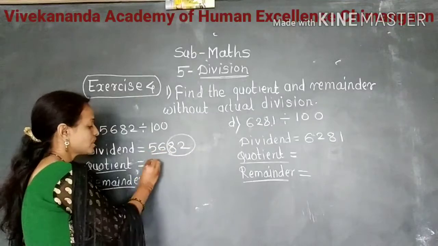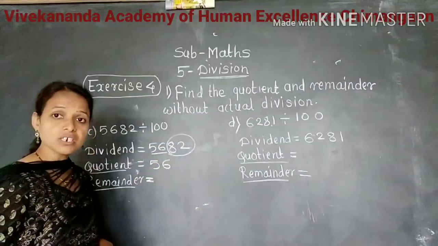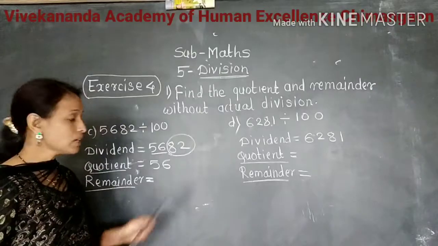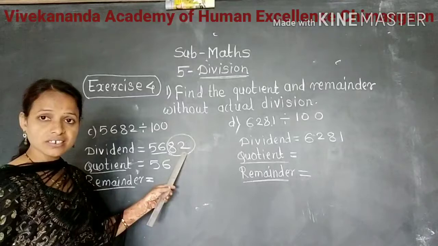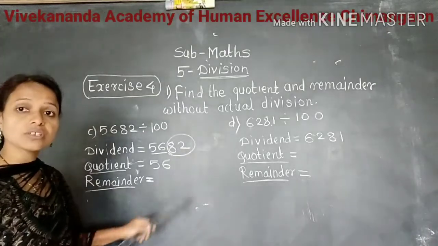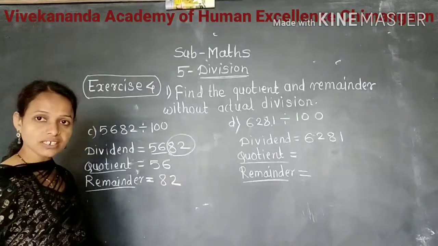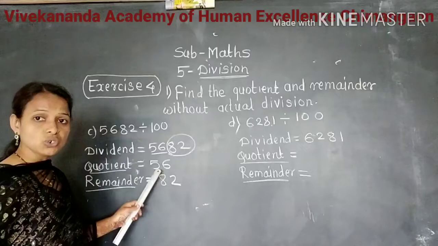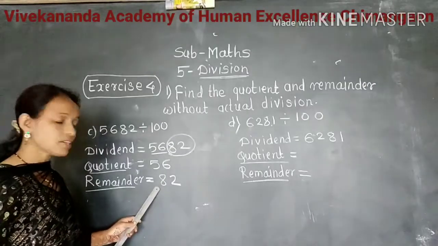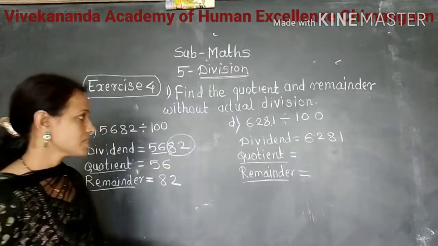So we get quotient 56. And the number obtained by removing the tens and ones digit, which number did we get? 82. That is the remainder. Okay. So in this way, without actual division, we get quotient and remainder. Quotient we get 56 and remainder we get 82. Okay. Next example, see